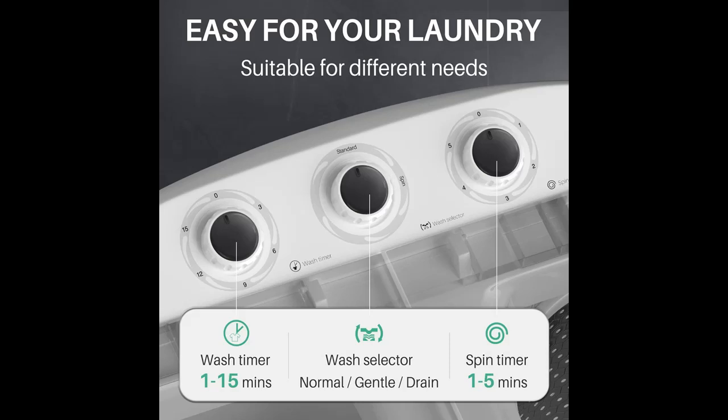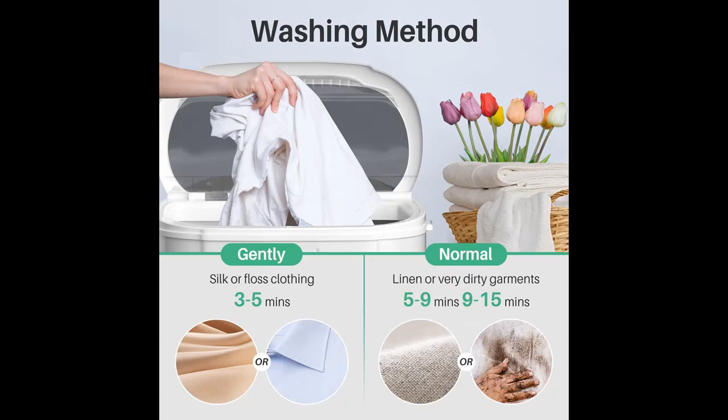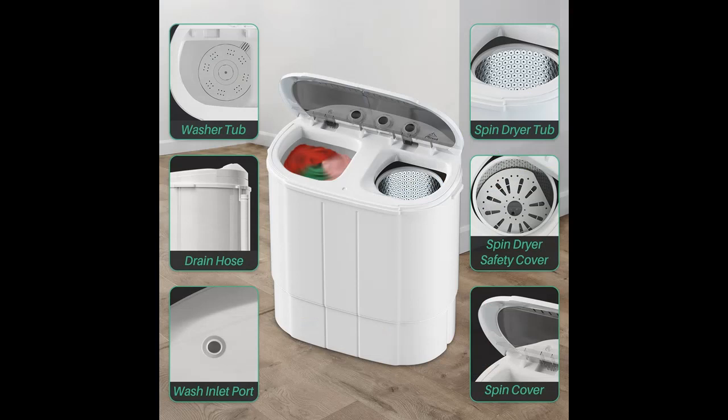This product is designed with a twin tub, allowing you to wash and spin clothes at the same time. Our compact washer is lightweight, only 9 pounds, suitable for dorms, apartments, condos, RVs, camping trips, or anywhere with limited space. This washing machine has a total capacity of 13.5 pounds: washer 9 pounds, spin cycle